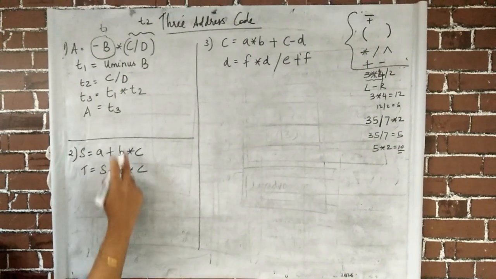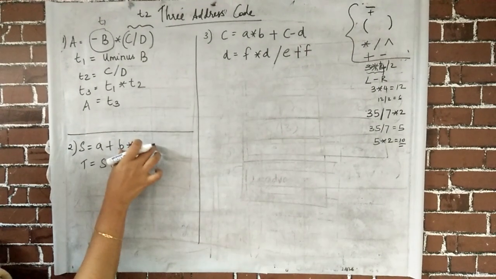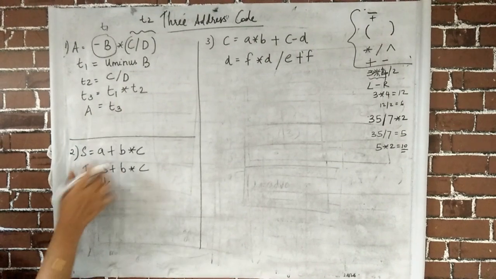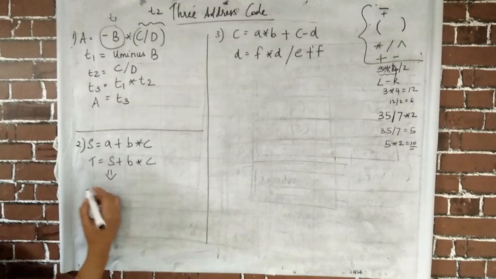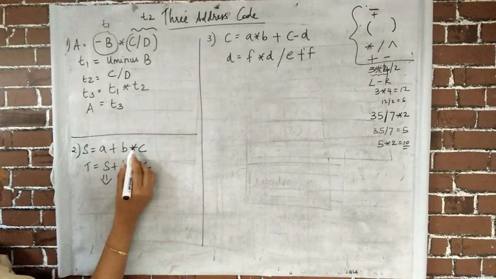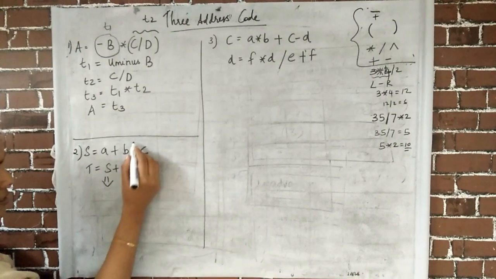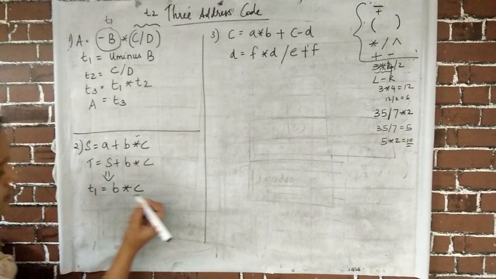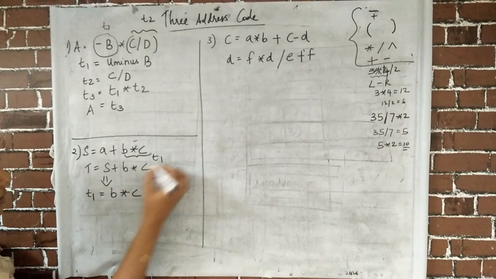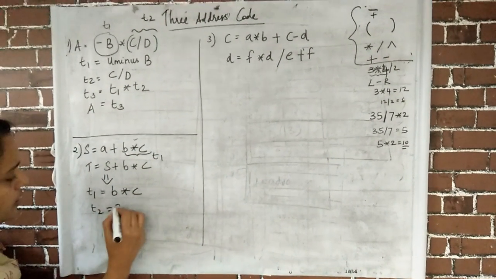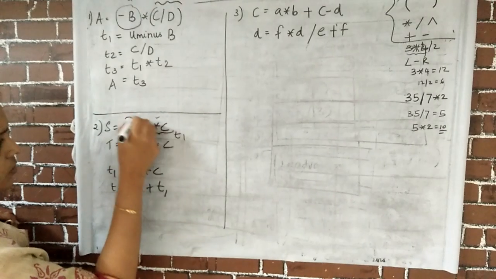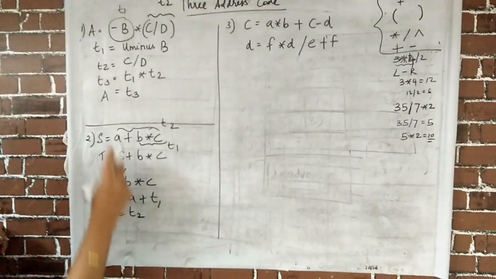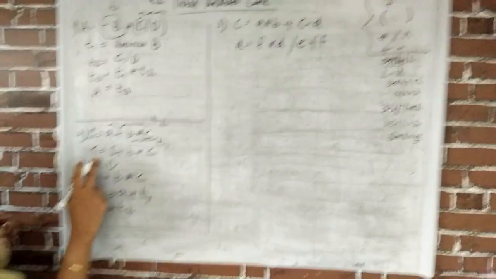Now consider this one. You are given two statements. The compiler will execute this one, and after that it will execute the next. So whenever we are writing the three address code, first we have to write it for the first statement. Here also you have a plus operator and a star operator. Again star has higher precedence, so first do the star operation B star C. Now this is available in T1. Again T2 is equal to A plus T1. So the entire result is now available in T2 and it has to be assigned to S. Okay, so this is over. Now we have to consider the next statement.